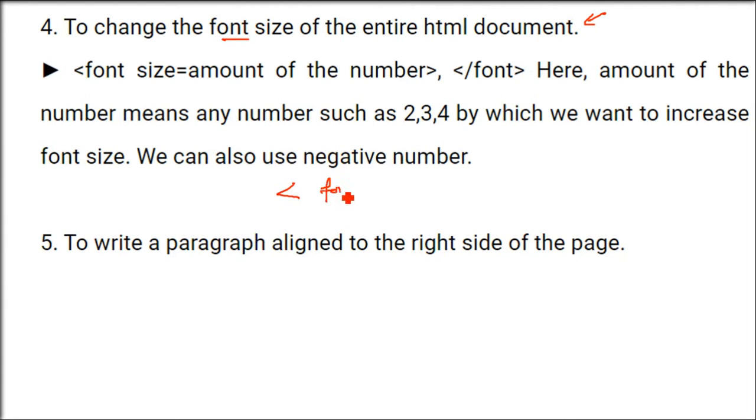So you will do font size and you can give any number, 10, 20, 2, 5. If you give 1, say you have A, this A will be shown like this. If you have 2, it will be bigger. If you have more, it will be increased. If you give 10, it may be like this.